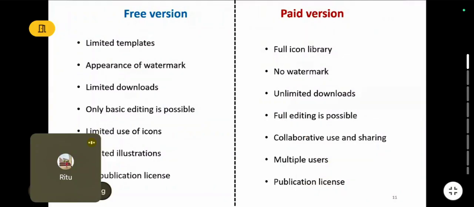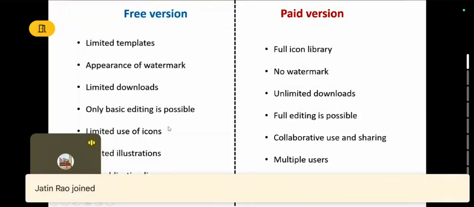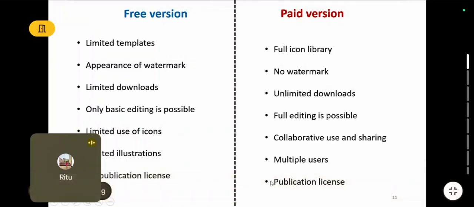The only difference between the free version and the paid version: in the free version, you get very limited templates. You cannot edit the templates. Then you have a watermark, limited illustrations you can create, and limited downloads. Only basic editing is possible and there is no publication license. Whereas in the fully paid version, you have access to the whole library, no watermark, unlimited downloads, and fully editable